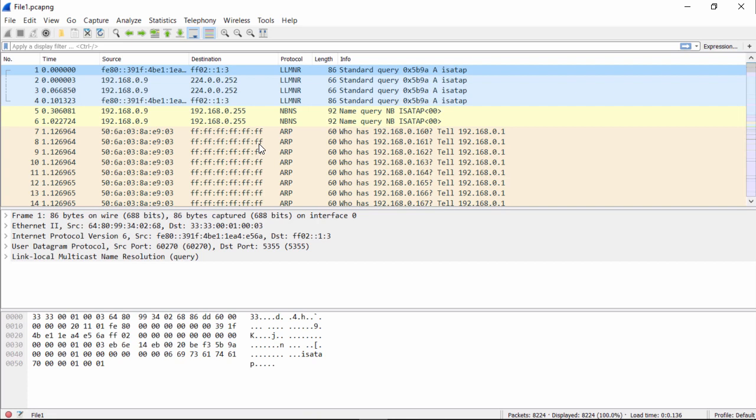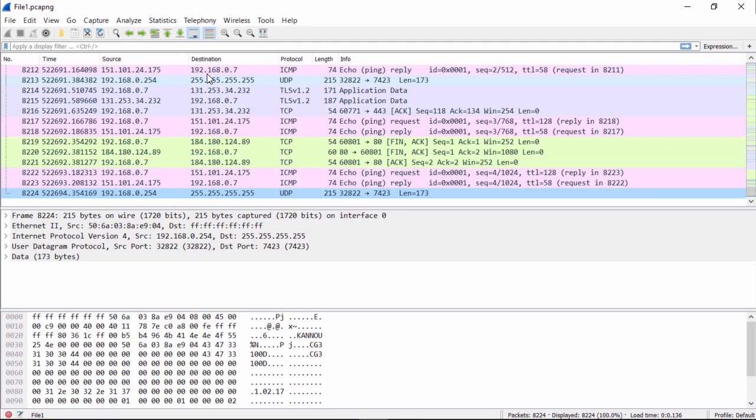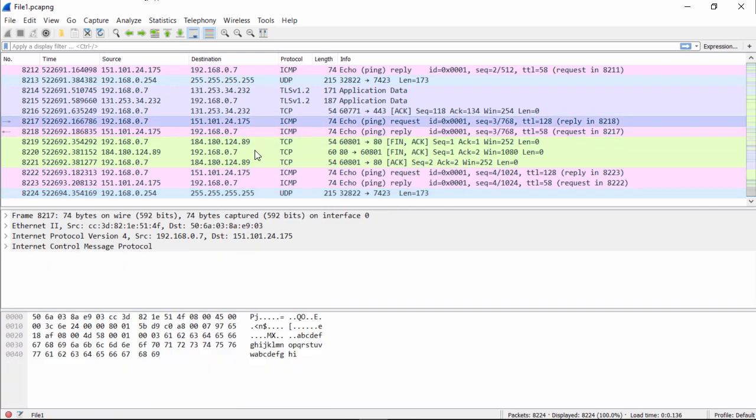Now, the packet we first want to work with is 8217. That's a little bit far down into the trace, but a shortcut is to click into the capture at the top window, hit Control and then the End key, and that takes you all the way to the bottom of the packet capture. Now, if you look here, we see packet 8217 right here.